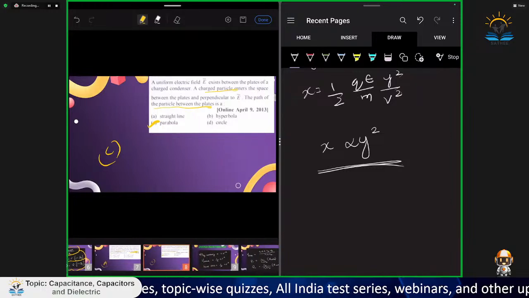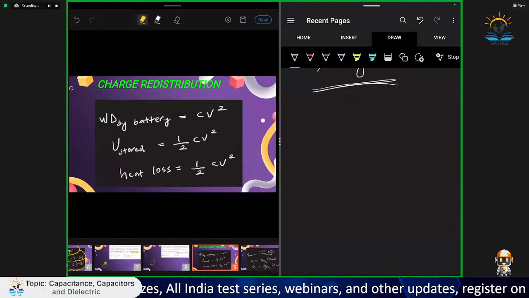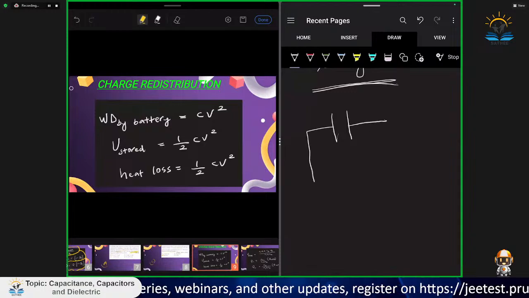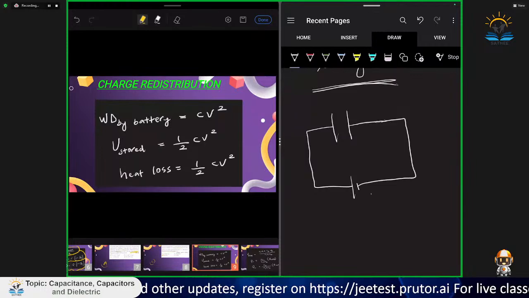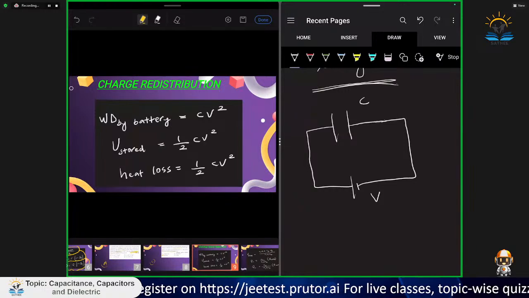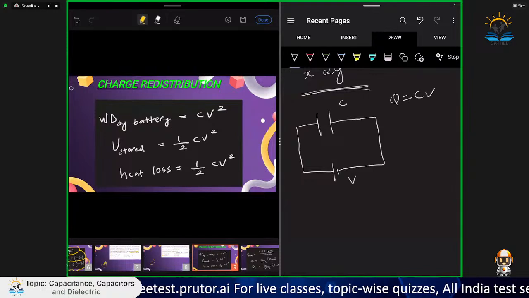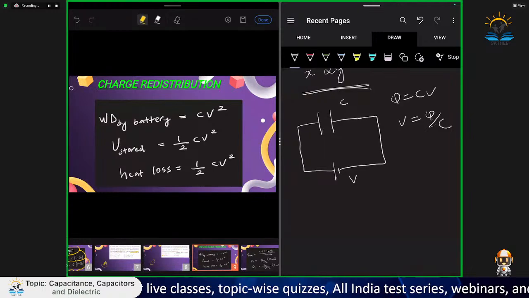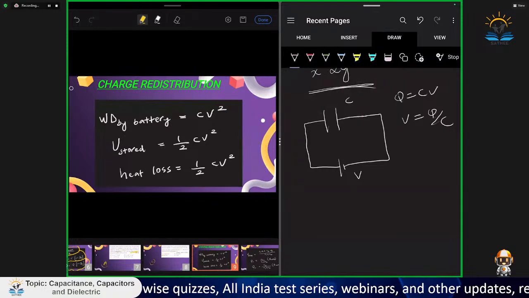Easy. Next, let's discuss the charge distribution. Very simple. See, I have a capacitor, so I connected it to a battery with voltage V and capacitance C. So Q is equal to CV, we all know, and V is equal to Q by C. So work done by the battery will be how much? Work done by battery will be